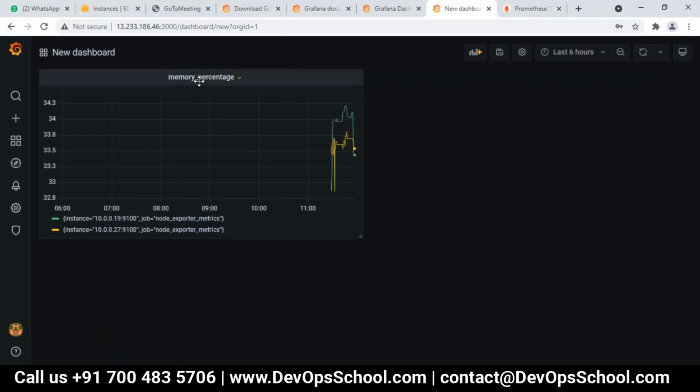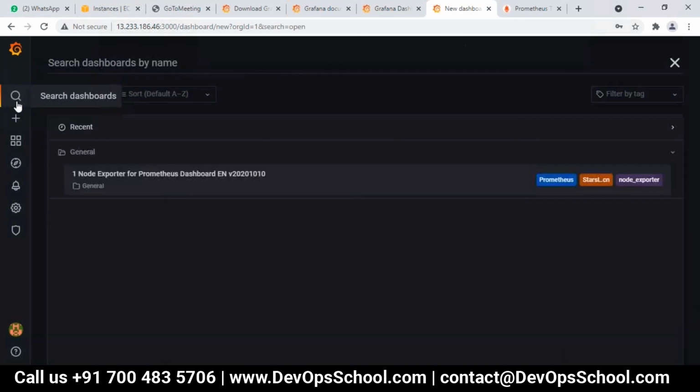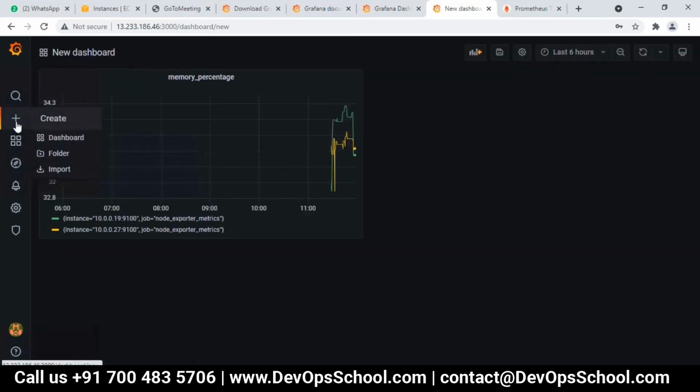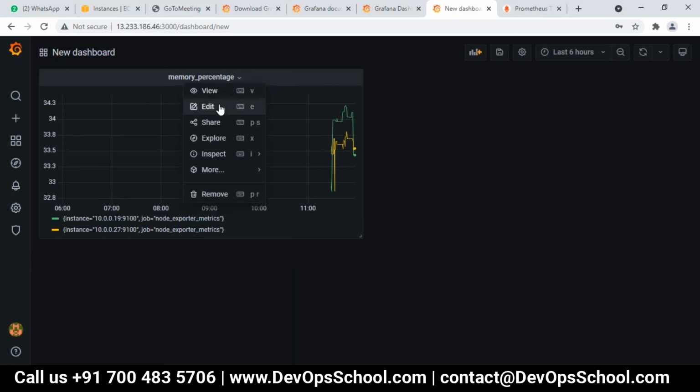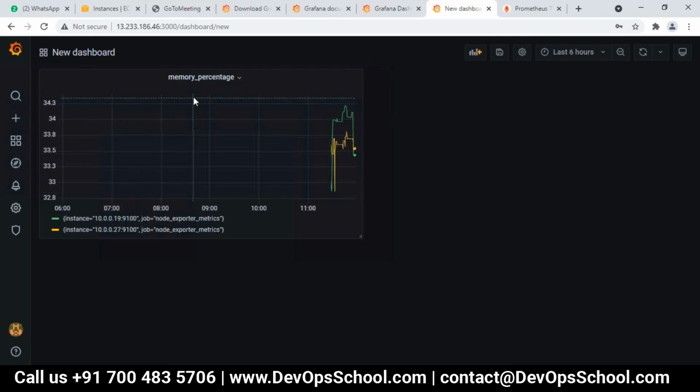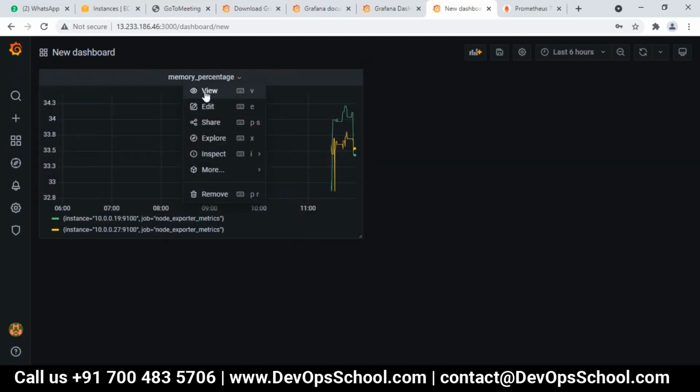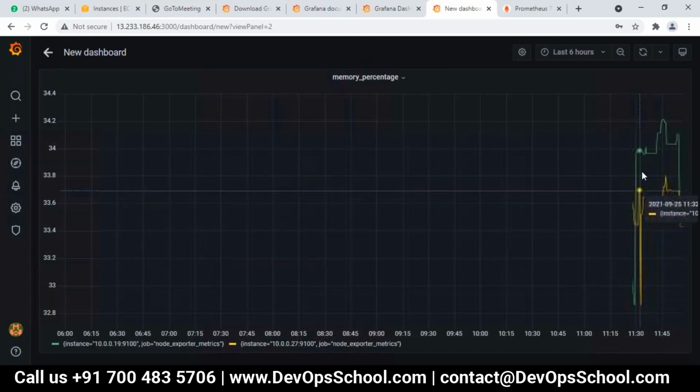So can you see, the memory percentage graph is there? If you go there, you will see this panel. Just click on it. Go to view. It will show you the things related to that query.